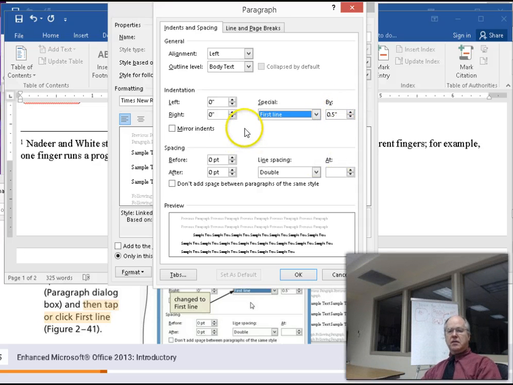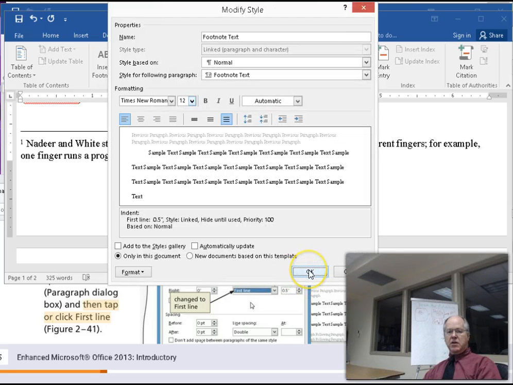So a lot of things we did here. We told it to change the font, double space, and now go down into a sub menu to change the first line indent. A lot of stuff we did there. And now when I click OK and apply,